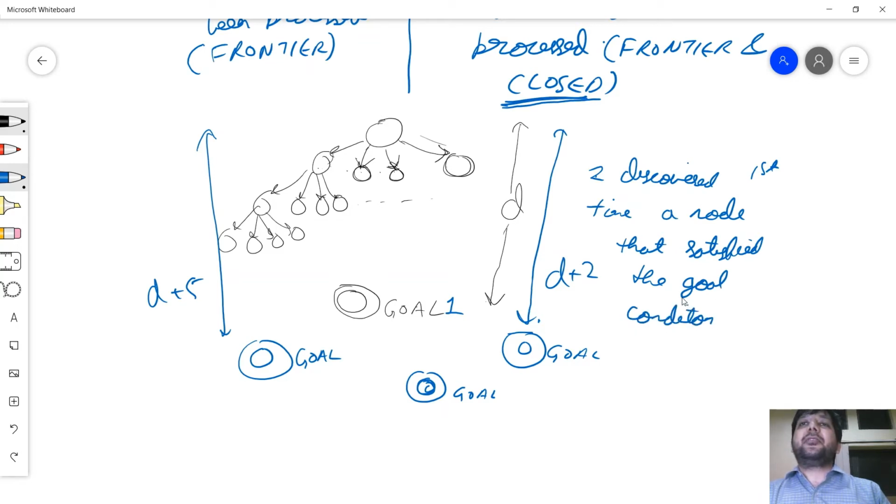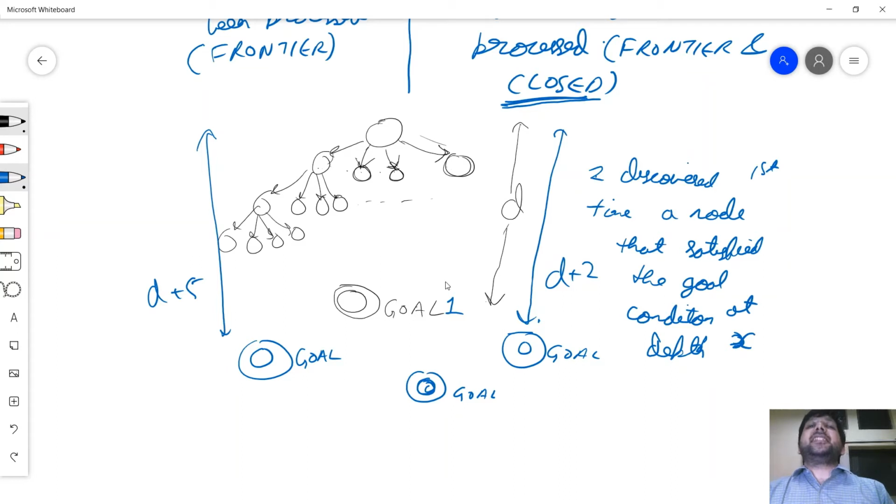There may be many goals at a depth which is also the same as cost X. Now I need to prove that X is equal to D, otherwise optimality doesn't hold good. We'll do it intuitively, of course, we won't do it formally. Now X cannot be less than D because there exists no goal at a cost less than D. So X can definitely not be less than D.